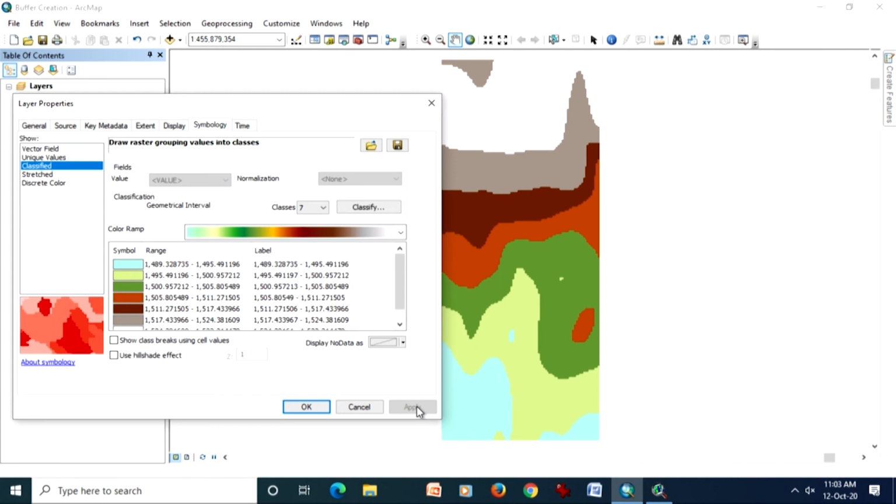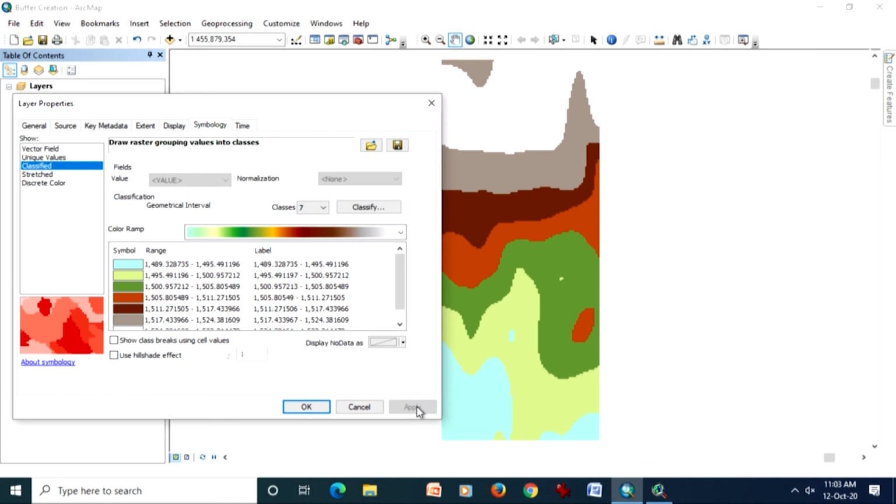But the main point here is that one has to keep in mind, and I am repeating again, before choosing a classification, first study the histogram. That means the distribution of your cell values, pixel values or other values.